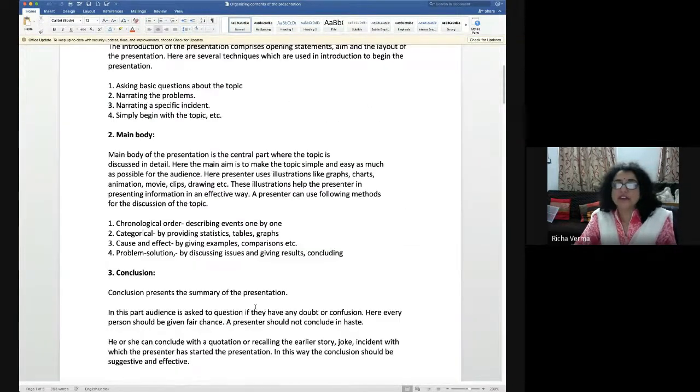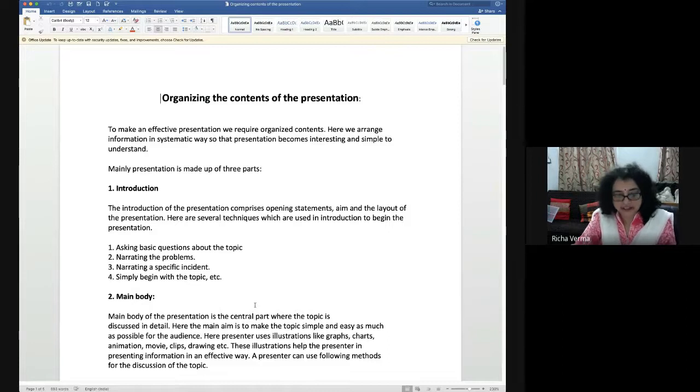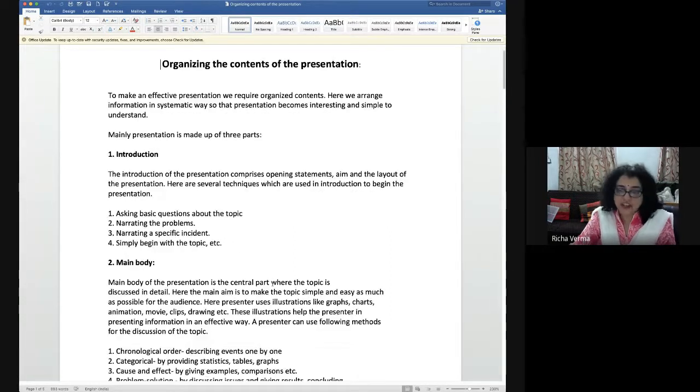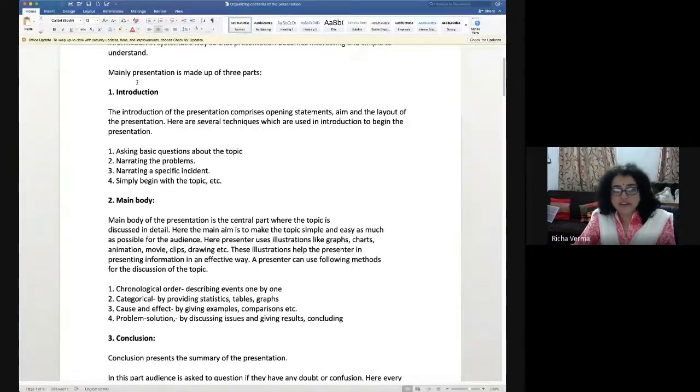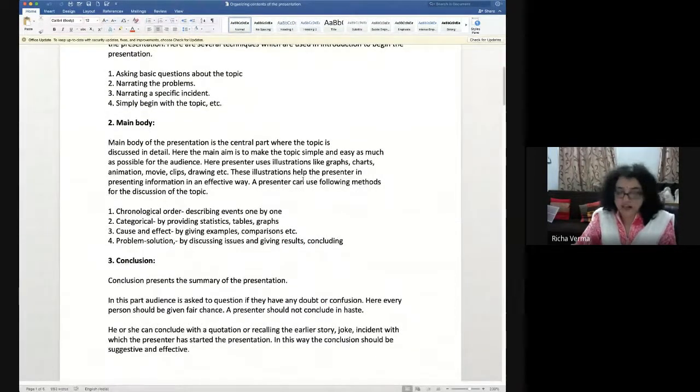So this is what we have seen, how to organize the content. If any question arises in your NSEM exam, that explain the organization of the contents of the presentation, you can always make it into 3 points: introduction, main body, and conclusion. You will not be asked the practical way of giving a presentation, but you can be asked about the theoretical aspects of presenting in your NSEM exams or quiz. So you can always come up with these 3 points and try to explain the organizing content.